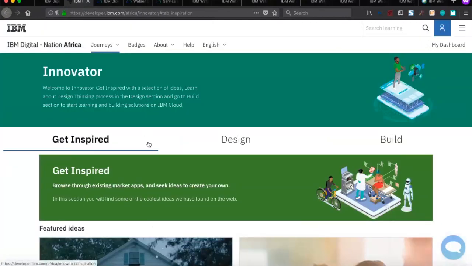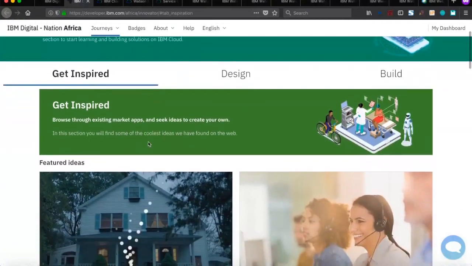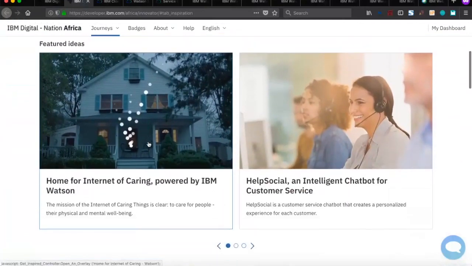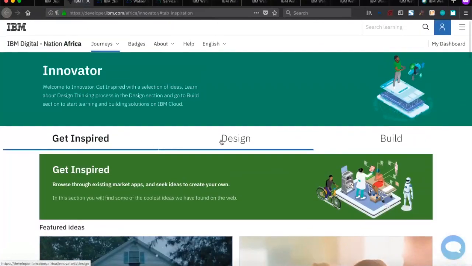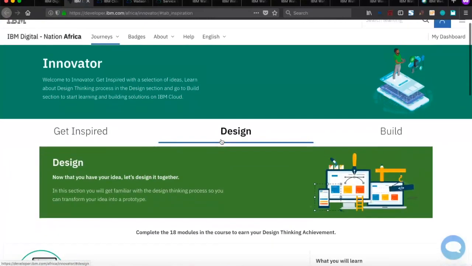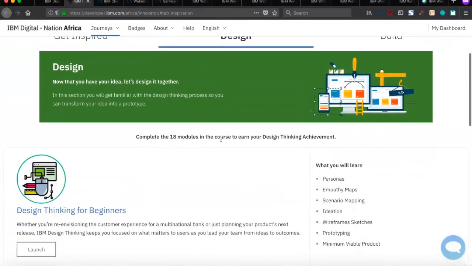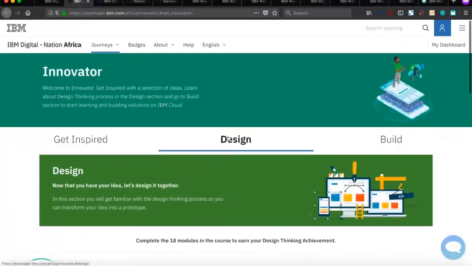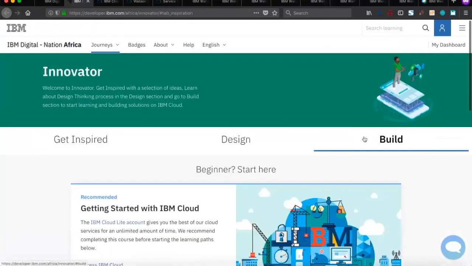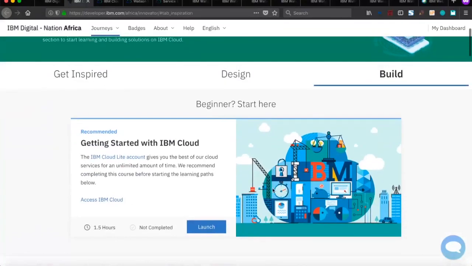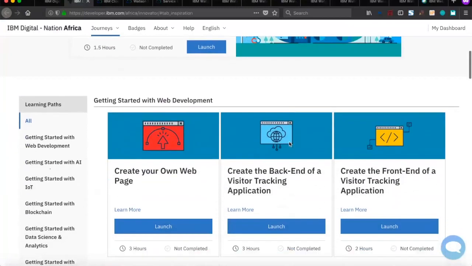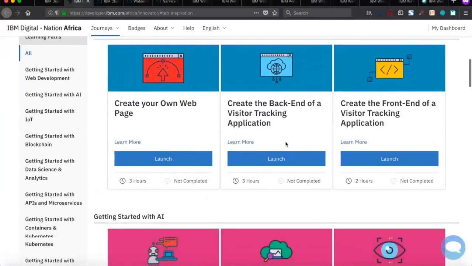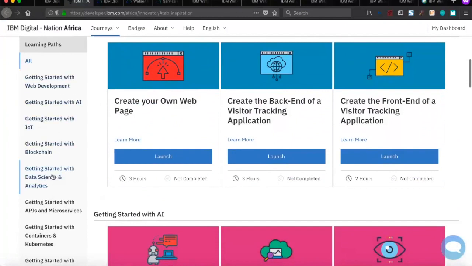Here you can first get inspired in the Get Inspired section by real examples of innovative digital solutions in the market today. Then you're provided with the IBM design thinking methodology in the design section. And then finally, in the build section, we provide short project-based use case-driven courses which can be leveraged to build innovative solutions. If you click on the left-hand side on the Getting Started with Data Science and Analytics bar,